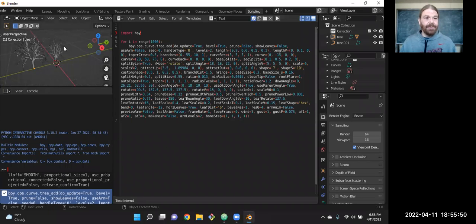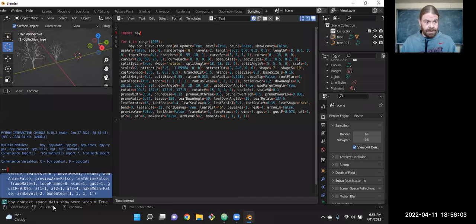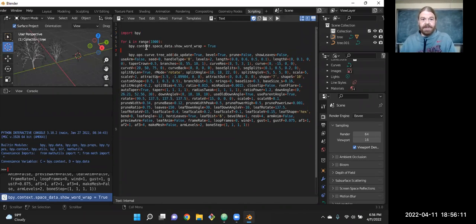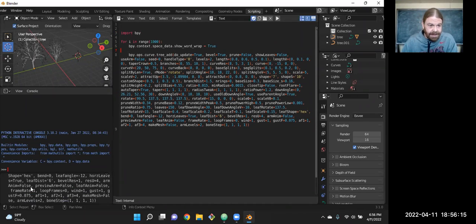So actually, we might need to do one other thing on that for loop. Remember, it always inserts where our 3D cursor is. So if I move the 3D cursor to somewhere else, oh, no, that's not it.